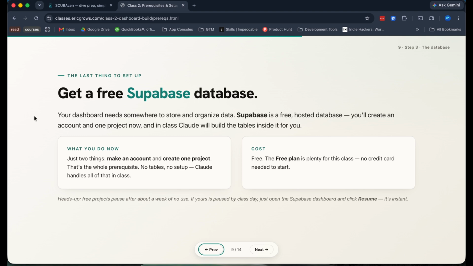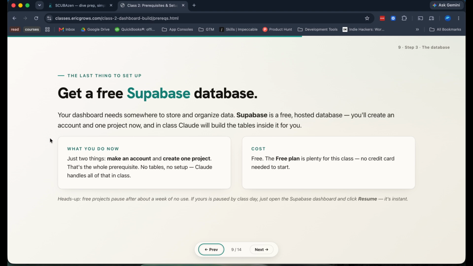Okay, so the next thing we need to set up is a Supabase database. So basically, like we did with Vercel and GitHub, we're just going to create a Supabase account and we'll link it with our GitHub sign-in, just like we did the other ones. Basically, it's a free database that you can use to store data and use to build apps, websites, store performance information, whatever it is.